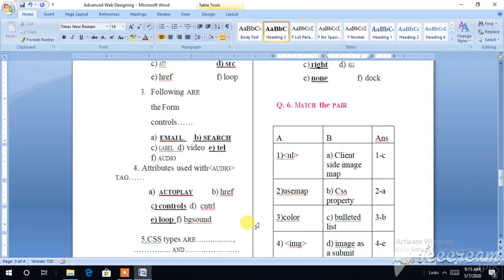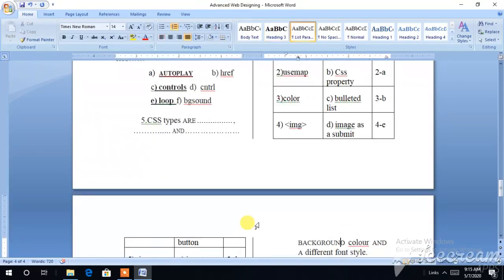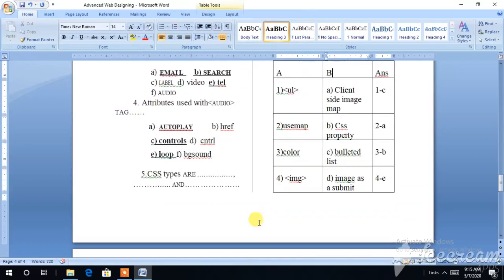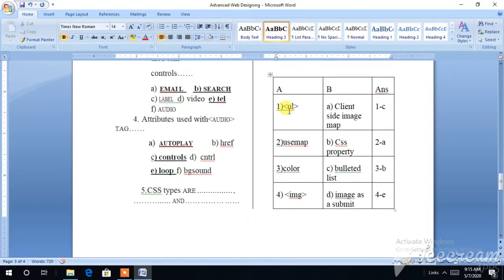Now the match the column I have given for you. Match the column answers I have written here in the form of 1 and C. Here I have given 1A, so I have put it in this form. For unordered list, C is your answer, that is a bullet list. For 2, that is the client side image map.